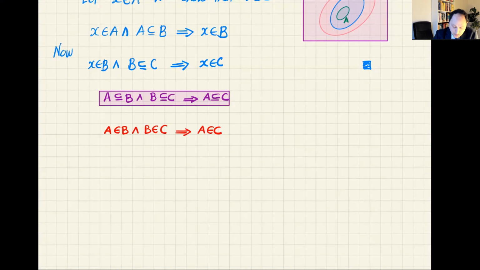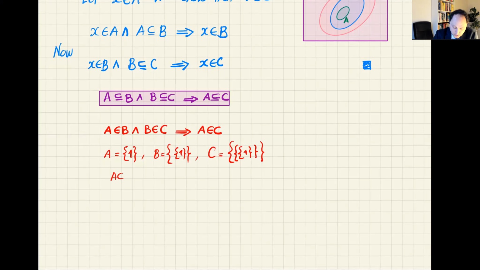So let me cook up an example for which this red one is not correct. Let us make it as simple as possible. I would write A equal to just simple 1. For B, I would write it as this set. And for C, I would write it in this form. Yes? This is an example. So let us consider here, for this example,